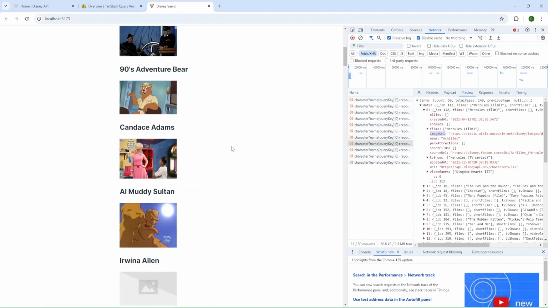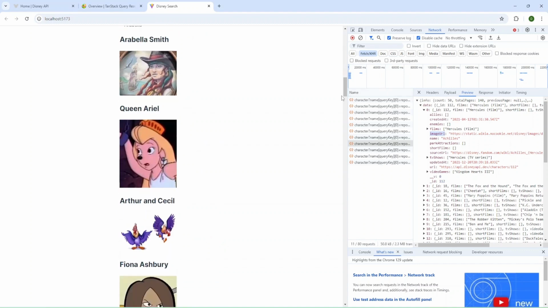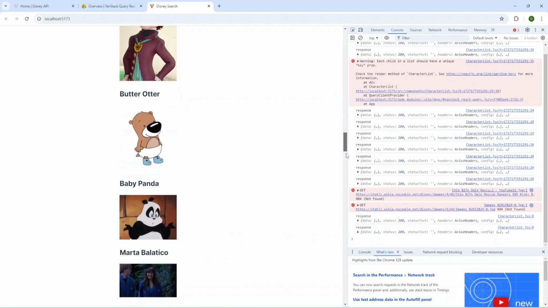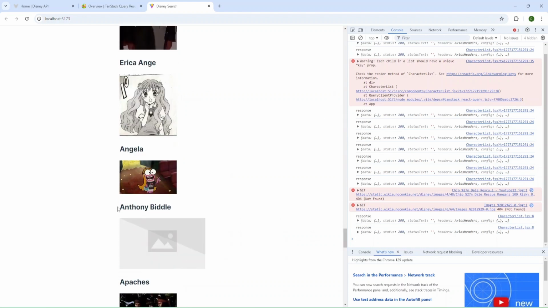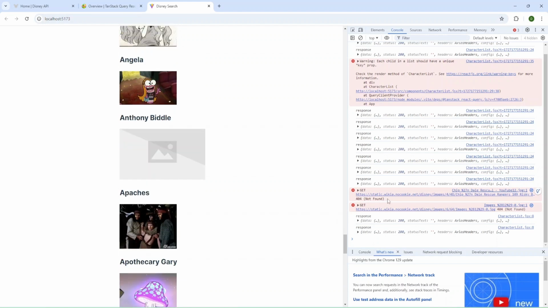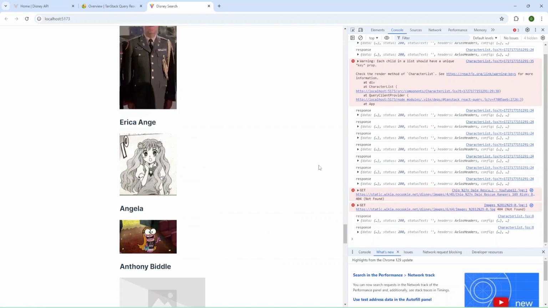Let's check what I have so far. Okay, we have images. Let's check the console log, and we have this warning: each child in a list should have a unique key. And we have some errors about get. Probably there is no image for some characters, so I'll ignore this error, but we'll fix the key warning.